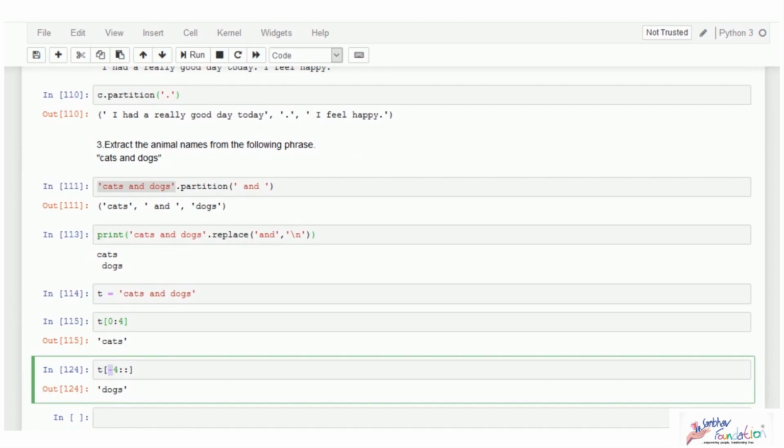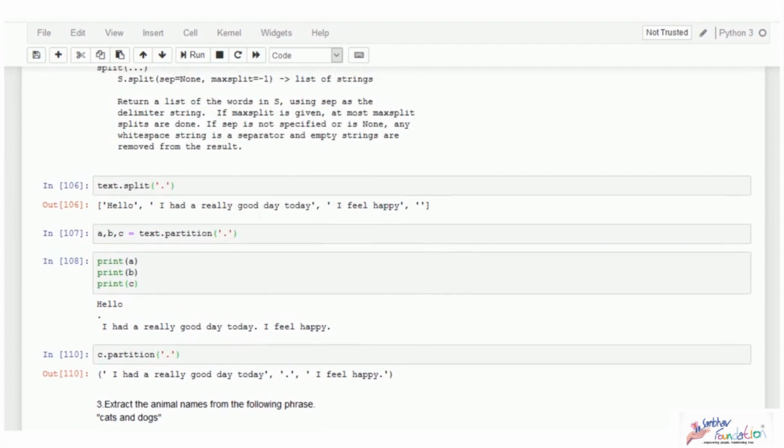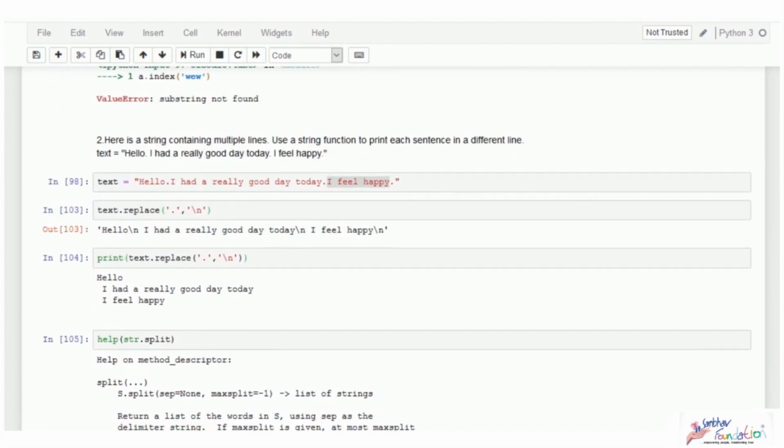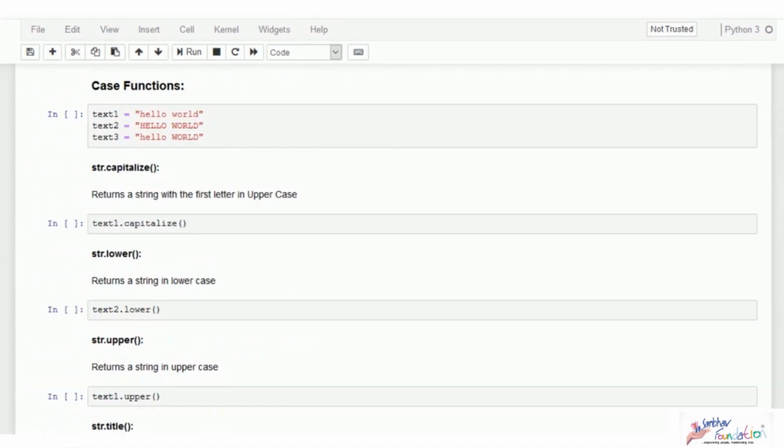So as I've been saying, there are multiple ways for multiple solutions. You will pick them up with more and more practice. So at this point, if you can't do all of these, don't worry. As long as you are able to complete with at least one particular method, then you are on the right track. Next, let us look at string functions involving cases,